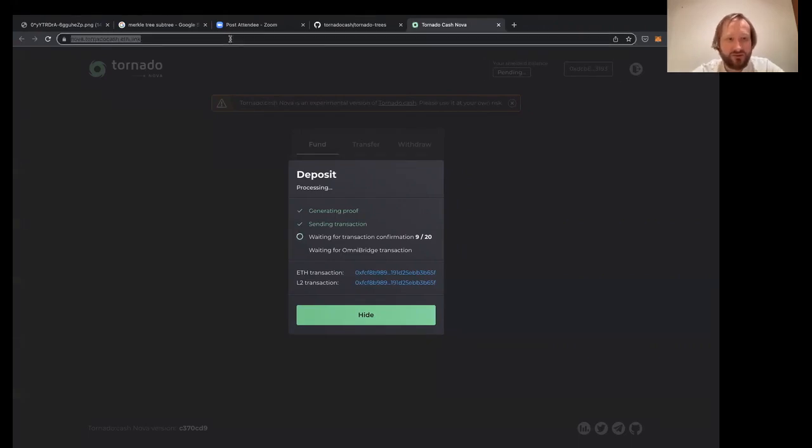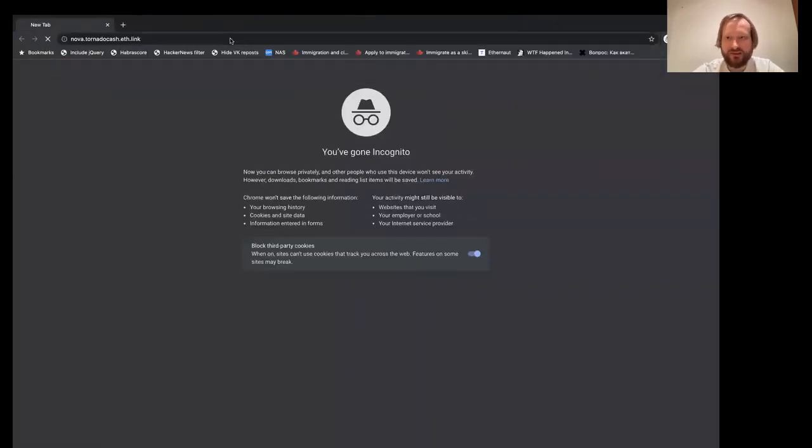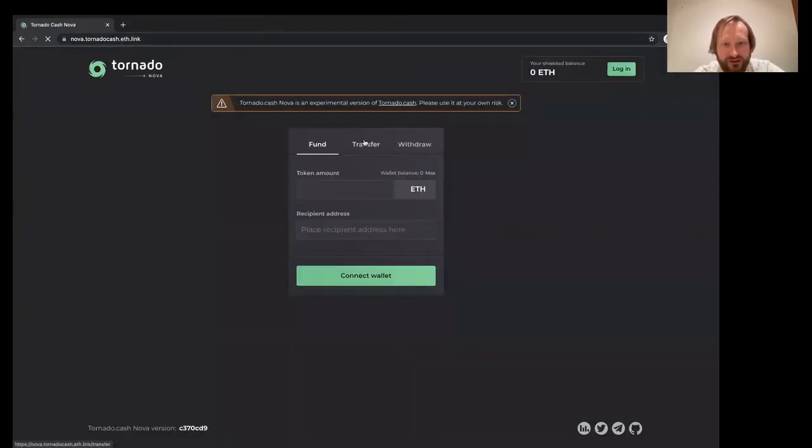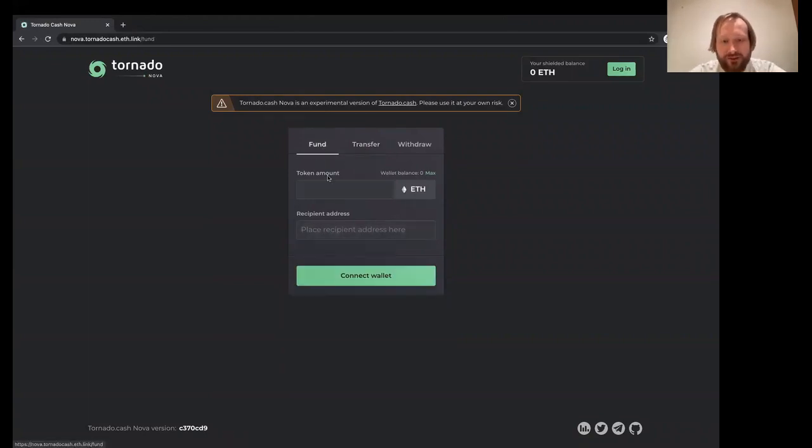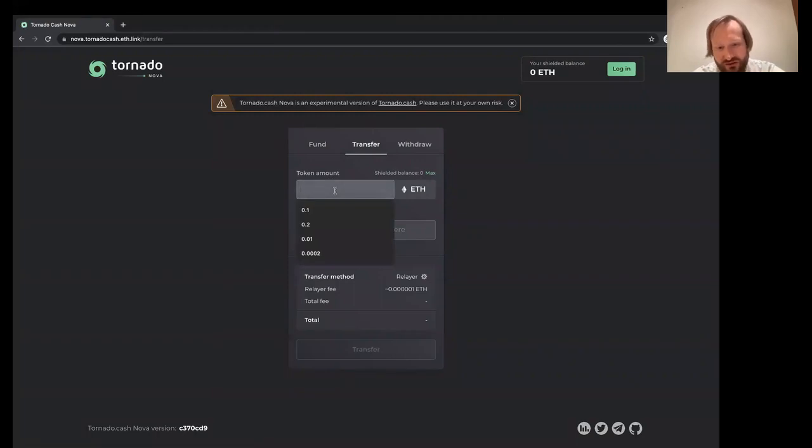I can also quickly open the incognito tab and explore a little bit more what I can do, just explain. So the fund tab is used to send mainnet Ether to your account. Transfer is used to do shielded transfers to other users that are also using Tornado Cash Nova.